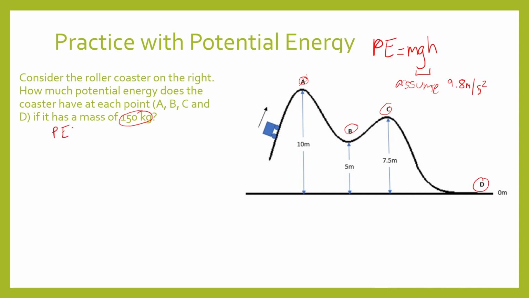Potential energy is equal to mass times gravity times height, which is going to be equal to our mass of 150 kilograms times gravity. If you remember, gravity on Earth is 9.8 meters per second squared, times the height. For this one, it is 10 meters high. And at this point, all I have to do is multiply those three numbers. So I'm going to put into my calculator 150 times 9.8 times 10. And I end up with